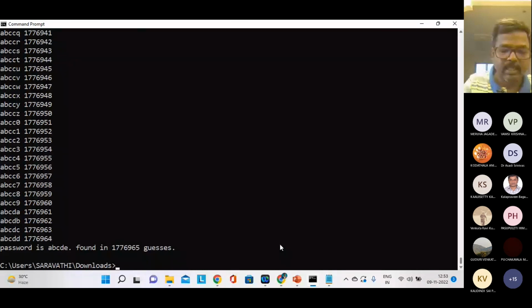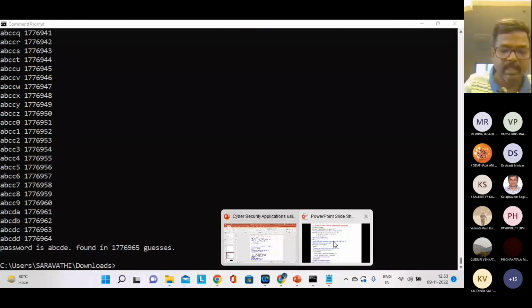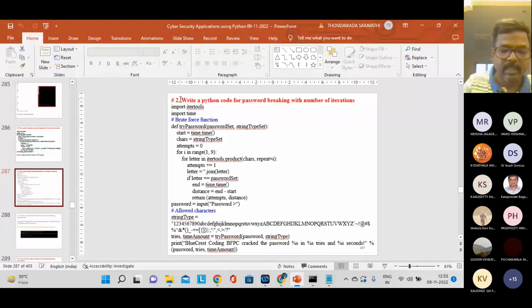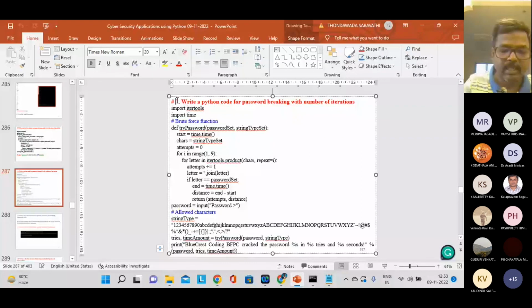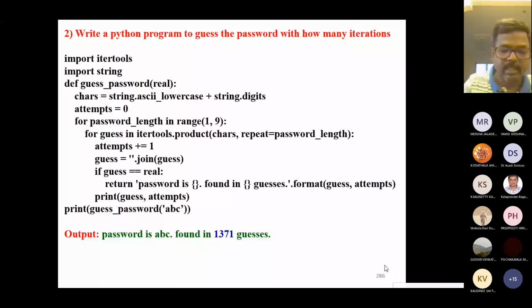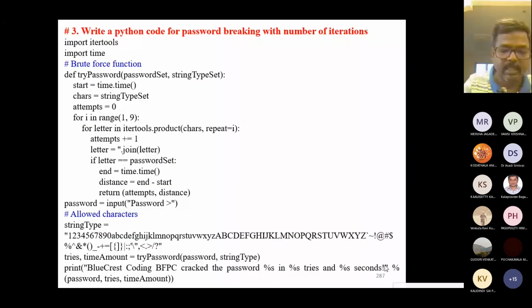Next program, please see the next program. I'm going to demonstrate. Second program is over. Next, write a Python program. So this is the third program. See, what is the third program? Write a Python program for password breaking with number of iterations. Suppose this program, how many iterations are taking? So this program we have completed. Now we can see, it will ask, okay,